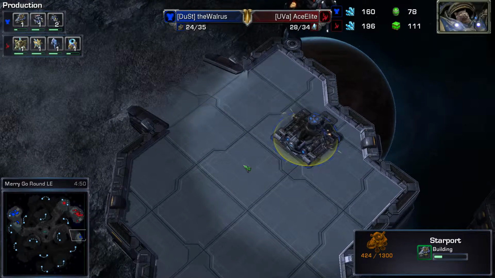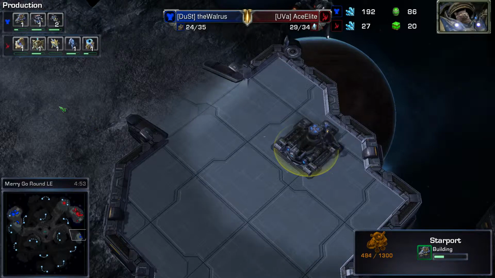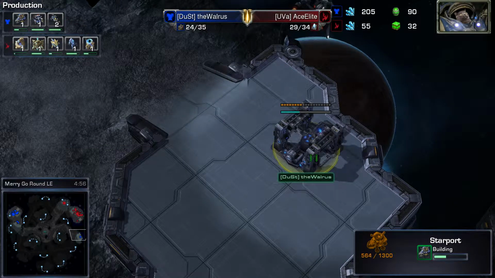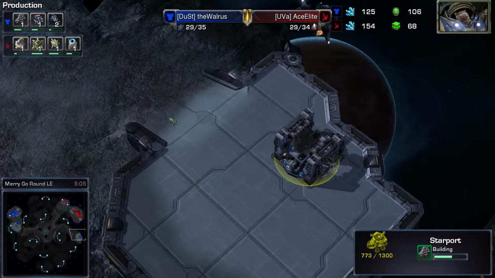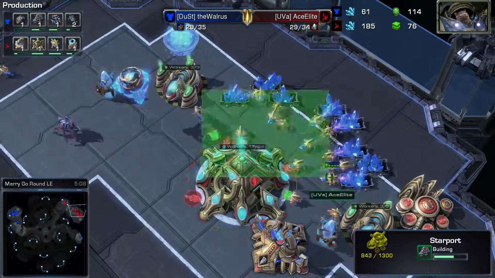He's going to be able to immediately make a medevac, and the Hellions are so fast they're going to be able to walk over here by the time the Starport is done, load themselves into it, maybe 2, maybe 4 if he's going to wait for that second round of Hellions. He's making 2 more immediately, so that those 4 Hellions are going to be able to drop right in here,